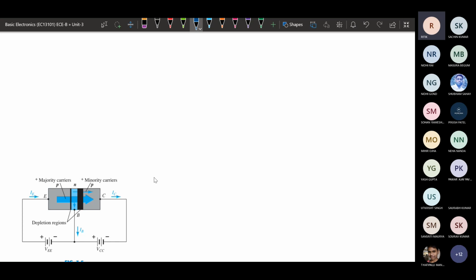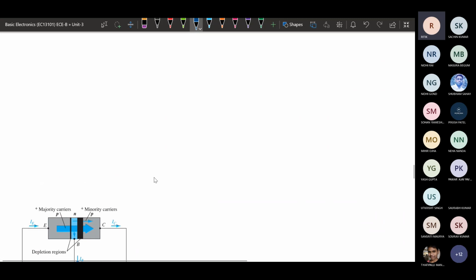The overall current flowing is because of the minority carriers as well as the majority carriers. The majority carrier current will be of high magnitude, and the minority carrier current will be of low magnitude. So the overall current we get is a combination of majority carriers as well as minority carriers.